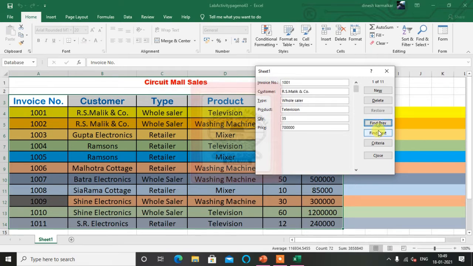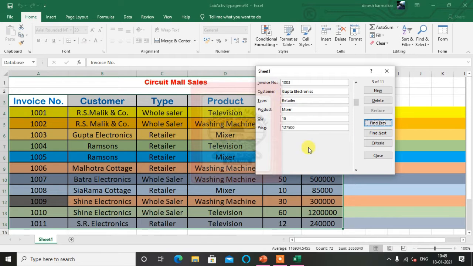So this way, now suppose you want not only the product type, suppose you want another product like mixer, let's say instead of television I am typing in mixer. So only those records will show if I press enter. I'm only getting the records which have mixer as a product. You can see 103, 105, and it is not coming consecutively: 105, 103, 105, then 108. If you go previous like this, all three records we are getting.